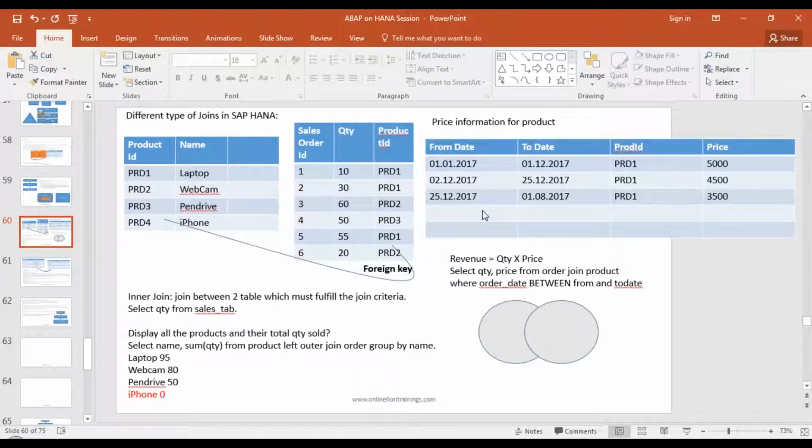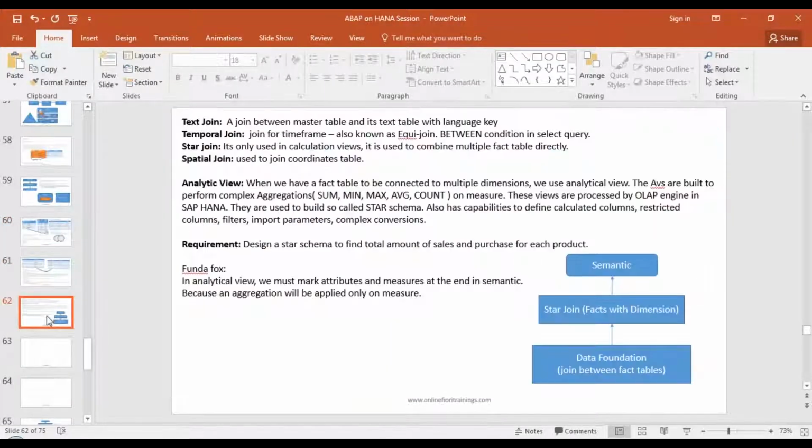In the last class, we discussed join types, analytical views, using import parameters in analytical views, and calculated and restricted columns in analytical views. We also saw how to create an analytical view by using different join types. Towards the end of the class, we were able to create a sales analytical view which joins the data with the product dimension, with the fact table as a sales table, and showcases the data in aggregated